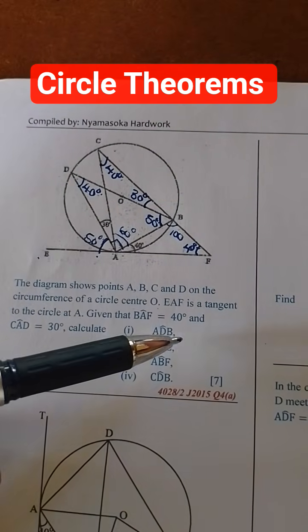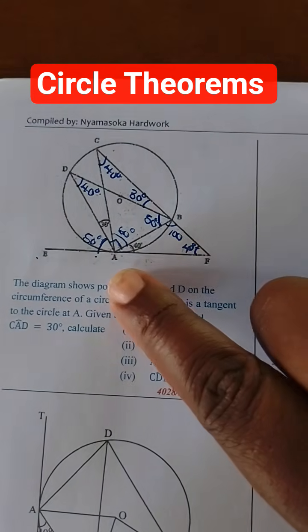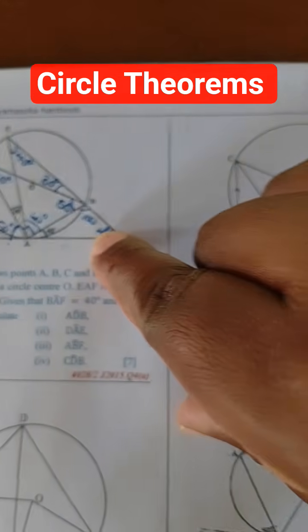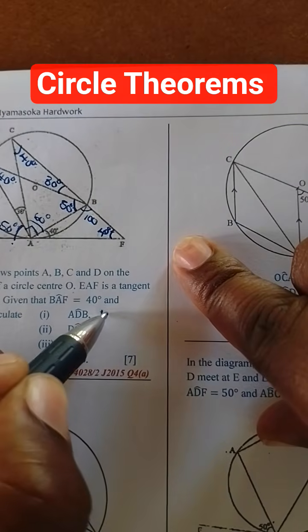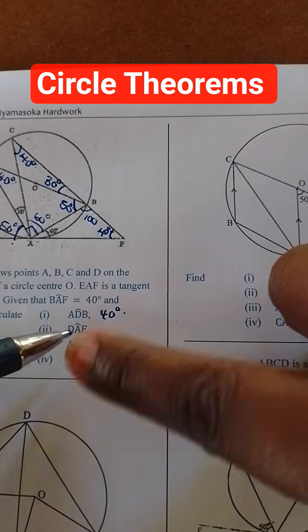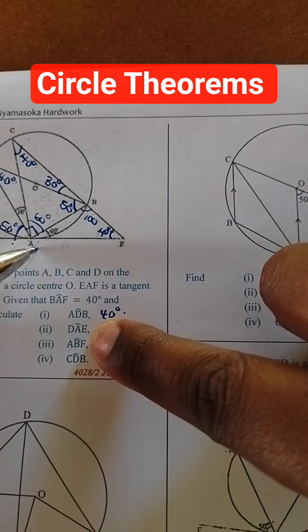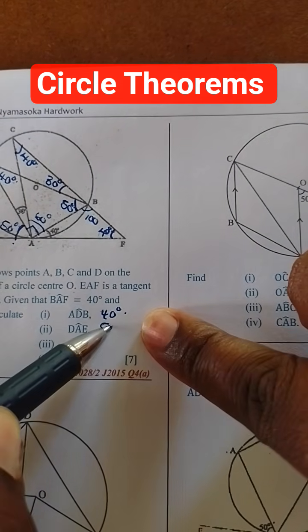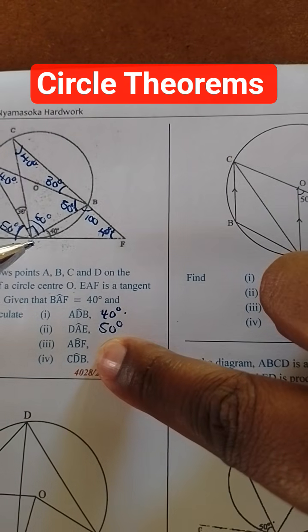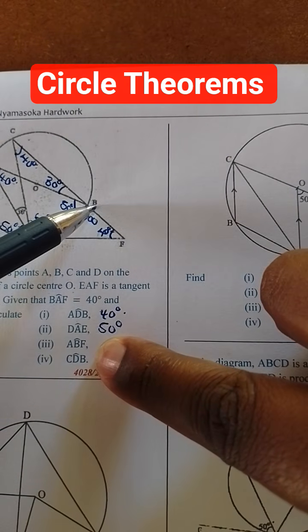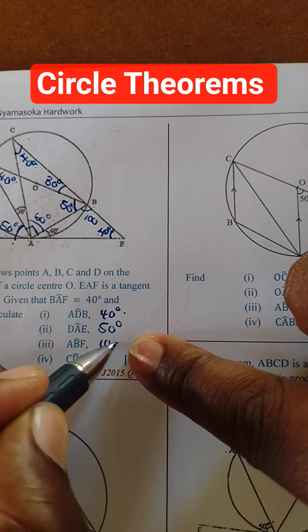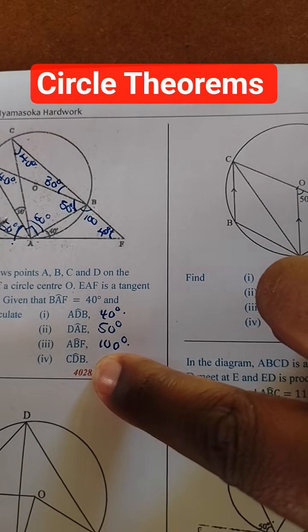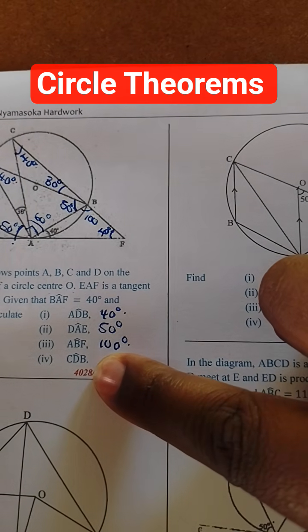So ADB, it's 40 degrees. DAE, 50 degrees. ABF, 100 degrees. Then CDB,